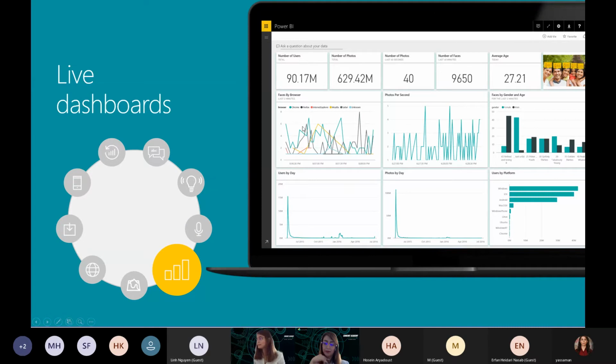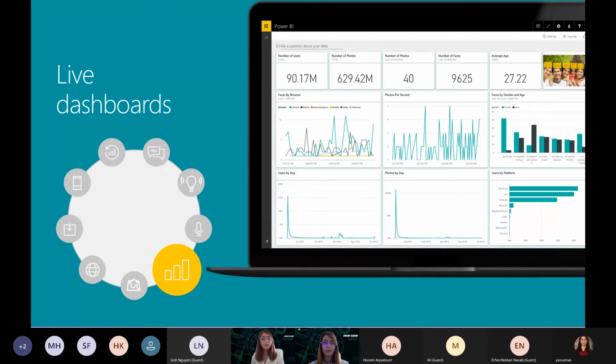So yeah, we have live dashboards. As you can see here, these tiles are changing based on the live data which is inserted into the Power BI dashboard. This is a very, very interesting feature to work with, especially when it comes to the Internet of Things, IoT. This is very much in focus right now for projects working with the Internet of Things, connecting with sensor data, and finding anomalies or doing anomaly detection. This is a very cool feature to use.